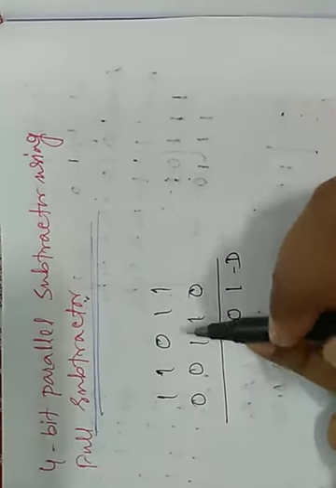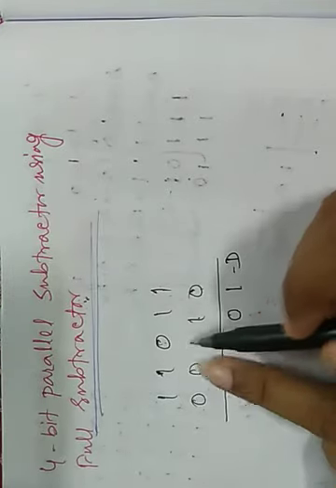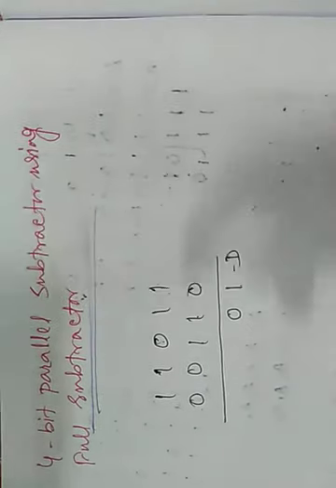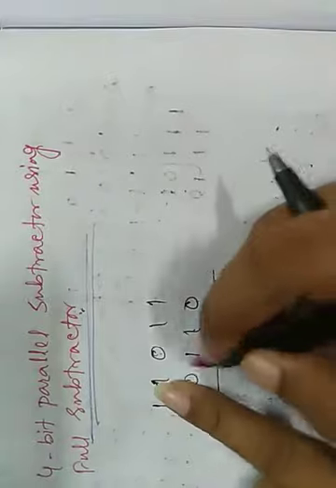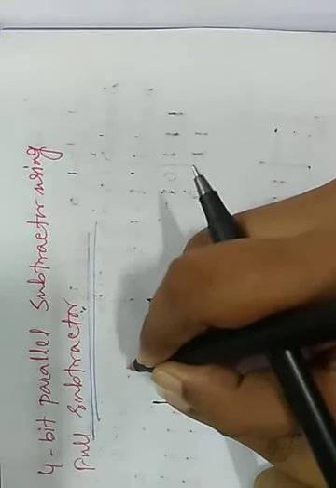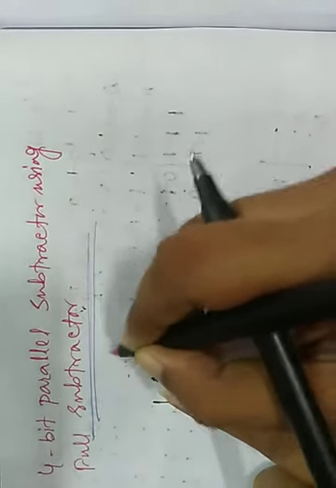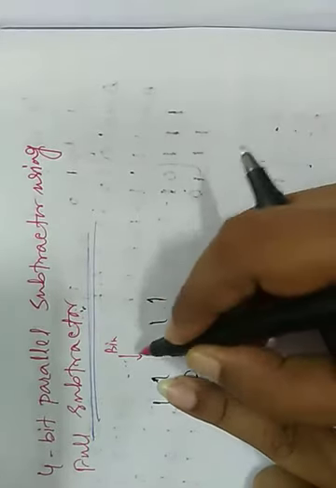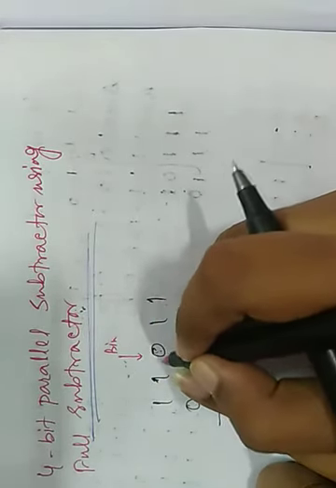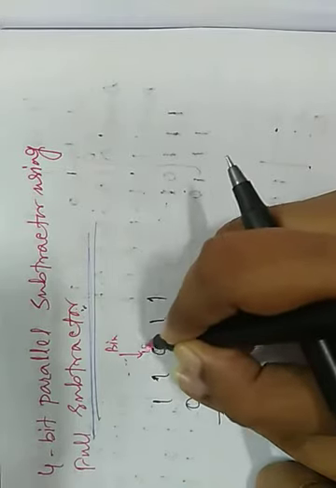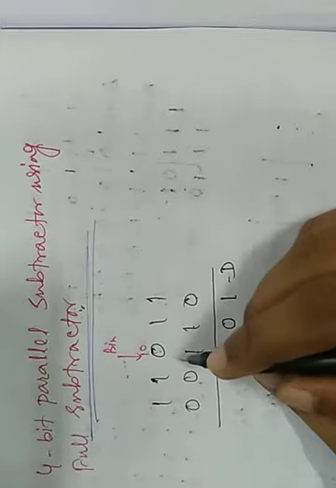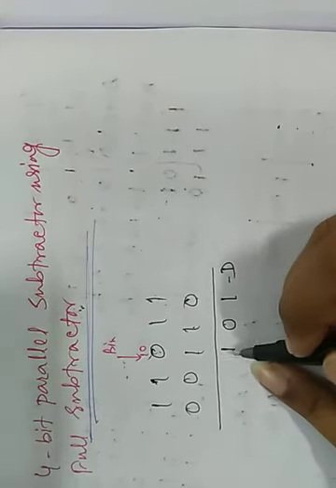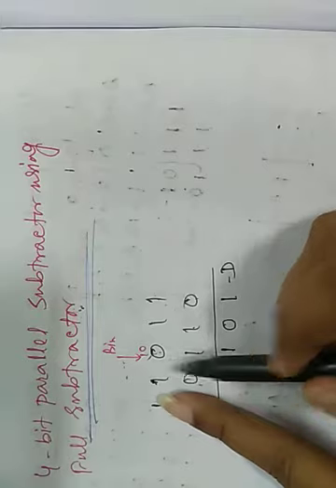This is also a difference. But if we subtract 1 from 0, we have to take 1 borrow in from its previous number. Borrow in means 1 must be added here and it changes into 1 0. So 1 0 minus 1 is 1, and as we take 1 borrow in, so in order to know that